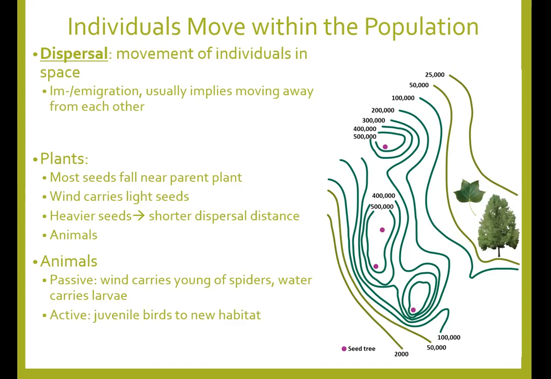So juvenile birds, juvenile mammals even, move into new habitat, particularly in territorial animals. So the young can't inhabit the same territory as the parent after a certain point, and so it must go out and find a new place to live. And of course, dispersal is very much impacted just by what's available. So if the place is really crowded,